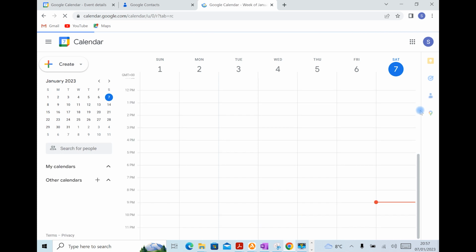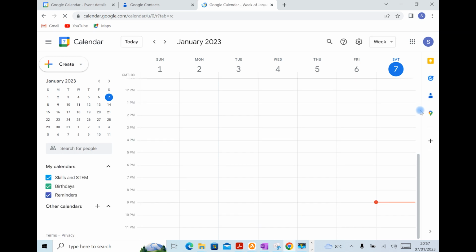So I've clicked on my calendar, and this is not my normal calendar for my day-to-day work really. It's just one to show you how to use it, so I haven't got so much on it. But yes, click on Google Calendar, and let's say that I want to schedule a task. I want to maybe send an email to all my customers. And I want to do this on, say,